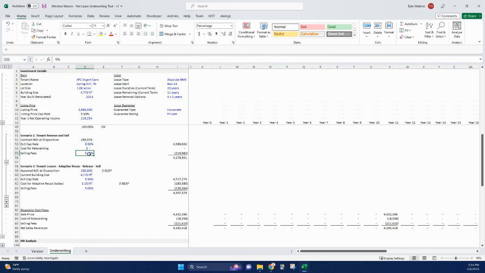If you change your selling fees to 3%, you can see those change, and that's your net proceeds. And then down here is the weighted probabilistic average of the scenarios that you chose. So you can see that this scenario is less than this one, and the weighted average is somewhere in the middle, right? And then here in the tenant adaptive reuse one, you can also see you put in the square